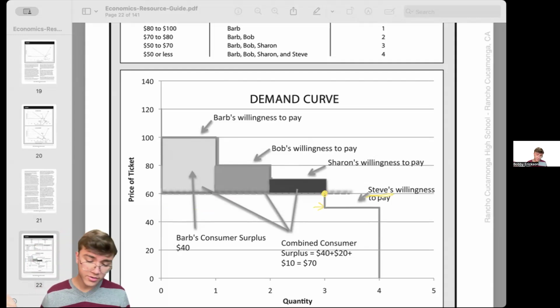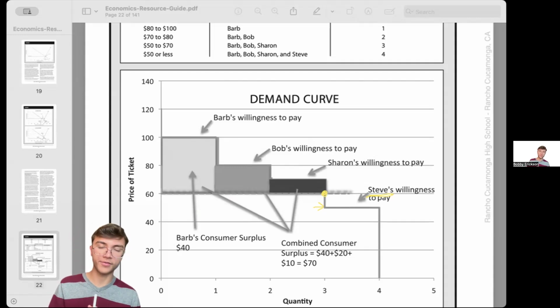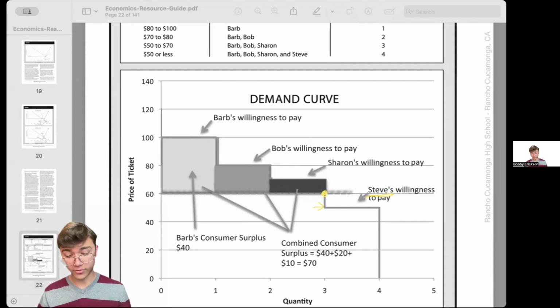And so he just decided, no, I'm not going to go to the concert because he valued it at $50, not $100. Now, I know the tickets are probably much more expensive than that, and I haven't done my research into that. So I apologize to all of you very dedicated Taylor Swift fans who know the exact prices of the Taylor Swift concerts, and I know this is a bad example, so please, I beg you, forgive me.